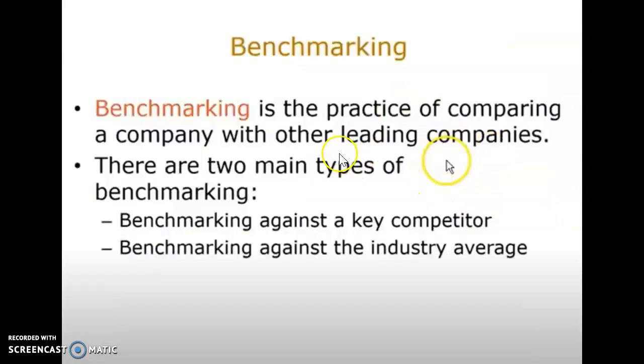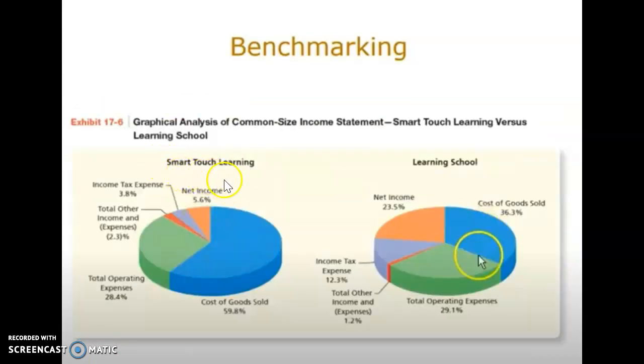This is something that is not on the current textbook PowerPoint slides, but I wanted to talk about benchmarking. It is the practice of comparing a company with other leading companies, and there's two types. You can benchmark against a key competitor, like maybe Netflix to Hulu, or you can benchmark against the industry average. So here we're benchmarking Smart Touch Learning against Learning School, and this is